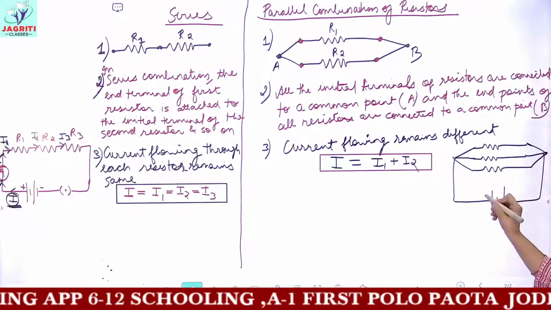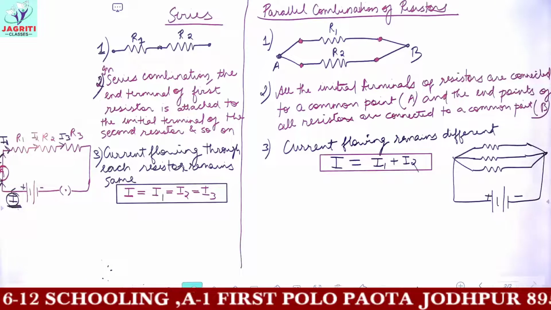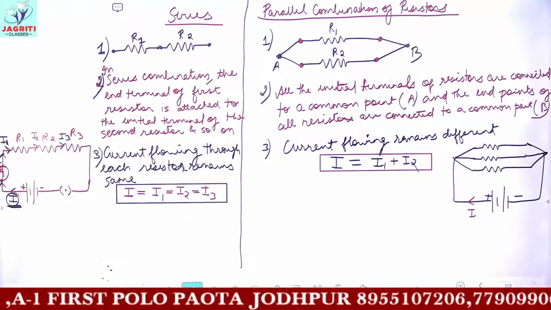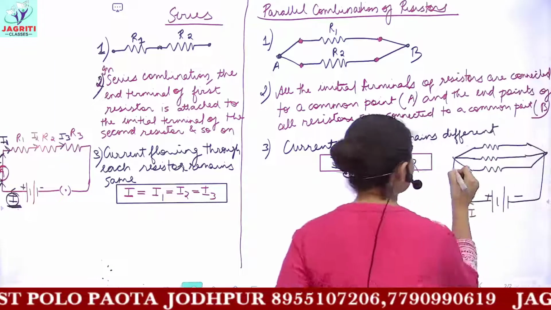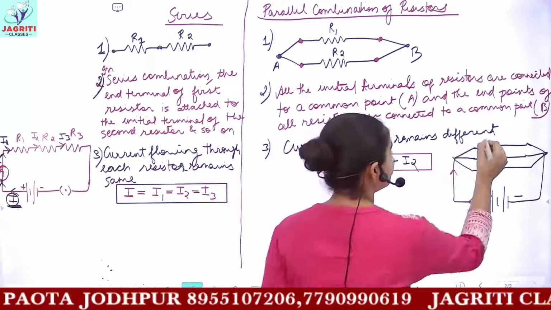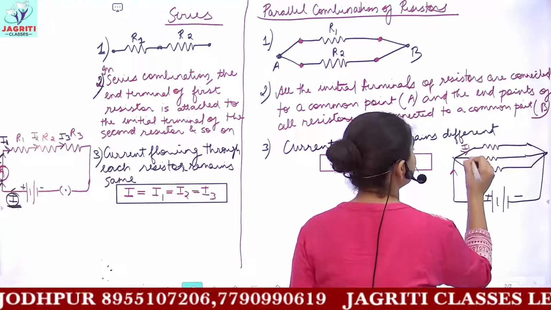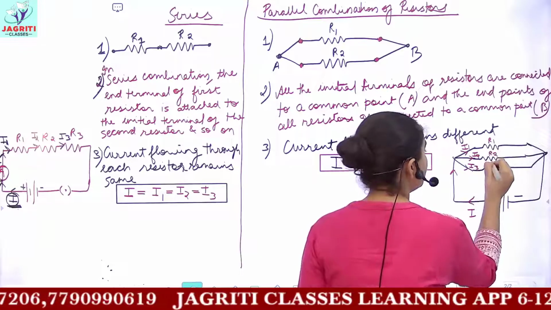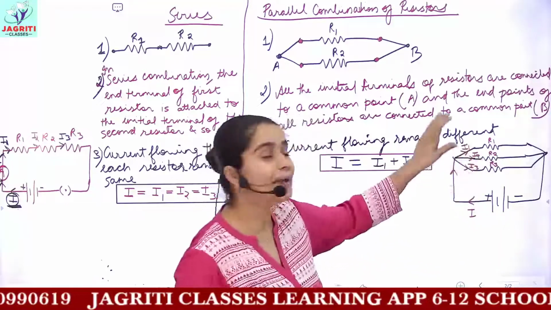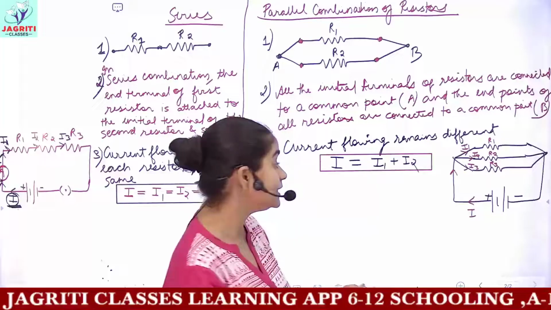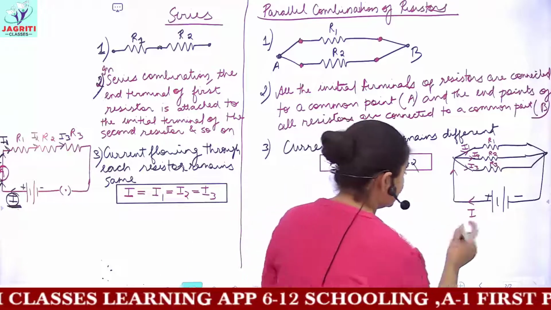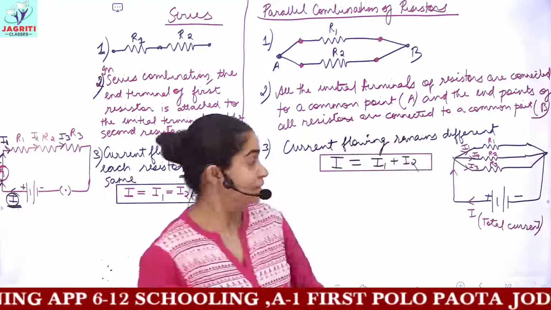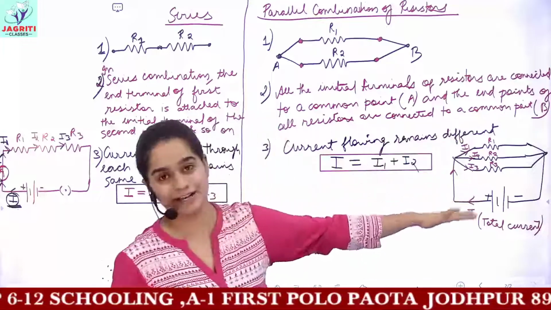So now let's suppose I am drawing just a simple circuit diagram so that you can understand. The current which is being provided by the battery, let's suppose, is capital I here. When it passes through the resistors, it will divide up. That is, the current in this branch would be I1, here it would be I2, here it would be I3. So all the resistors would have a different magnitude of current passing through them. This I is the total current which you have in the circuit, and it is being divided into the three branches of the resistors.